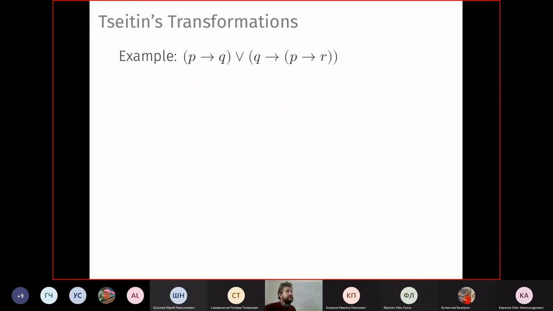Now here is an example. Yes? So it's like... Yes, in a sense, yes, in a sense. Yeah, so not the YACC parser itself, but its semantic